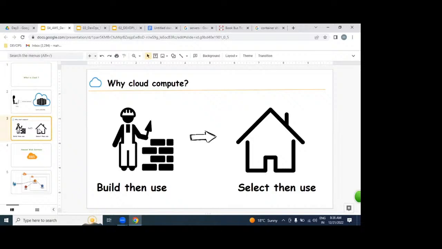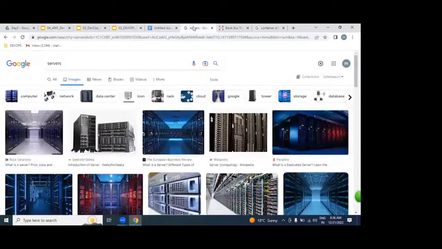Do you require a driving license? Do you require an RC copy? Not required. So your purpose is fulfilled or not? The same way, what is our purpose here? Deploying and placing our applications. Just for placing our application, do you want to maintain these data centers? Whether it is a very small application or a big one, maintaining your own data center is very difficult.